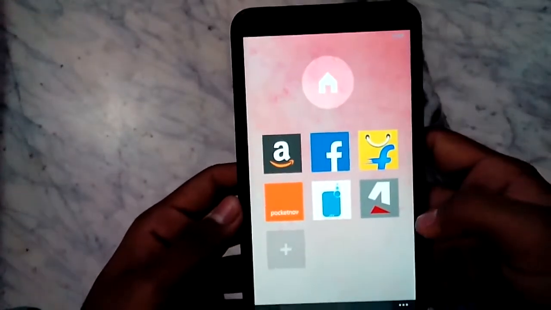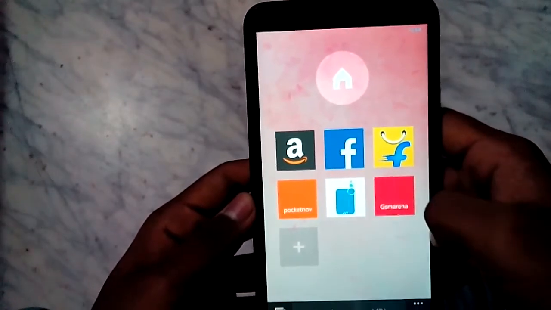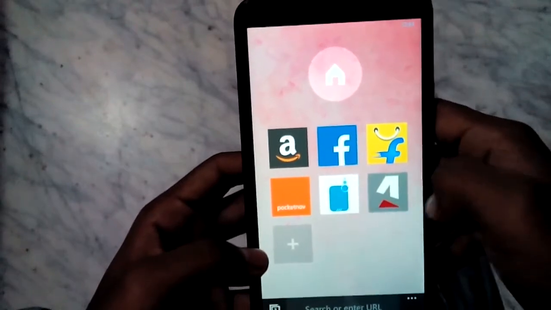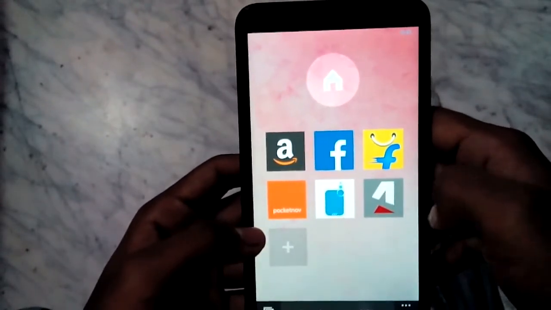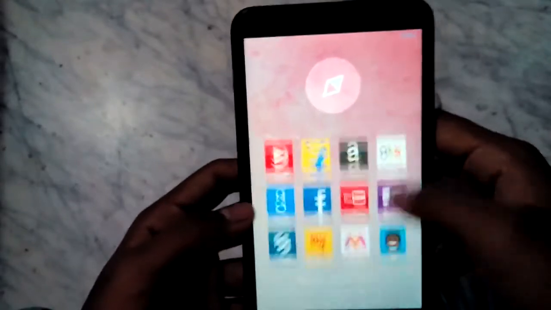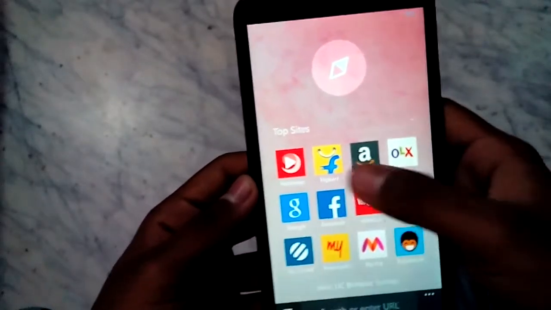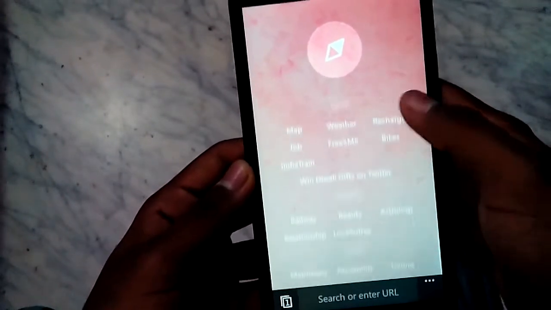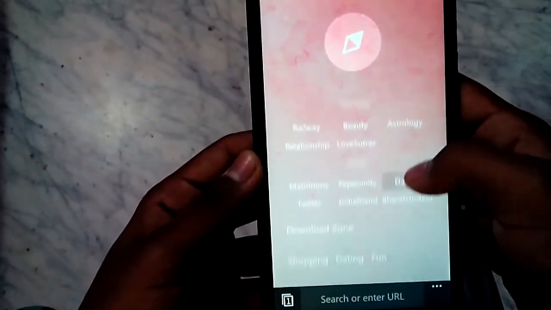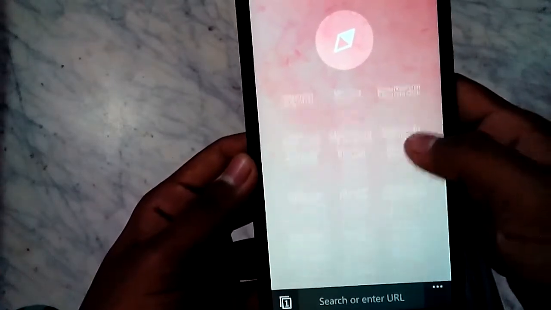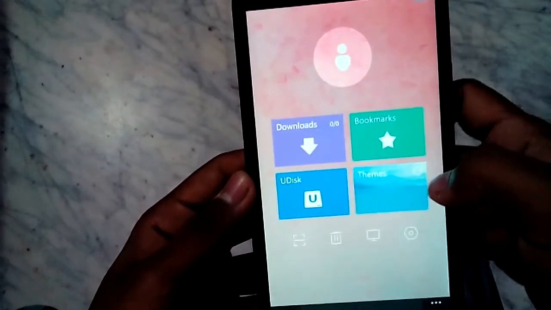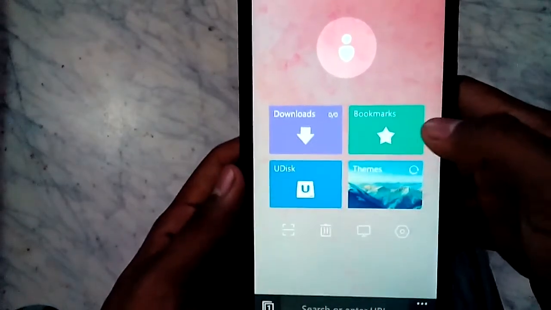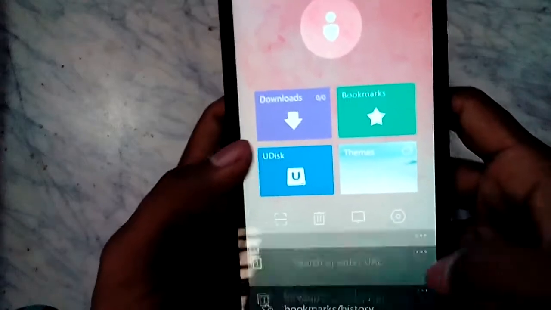Then we talk about UC browser. UC browser is a very good browser, and I use it mostly to manage all my Facebook and online shopping and some news like Pocket Now, Phone Arena, and GSM Arena. And we have some more tabs, top sites listed here, and other suggestions from here. We can tap on these links to easily get to other websites, and it records the downloads, bookmarks, and themes. We can easily manage any kind of themes as per our requirements.